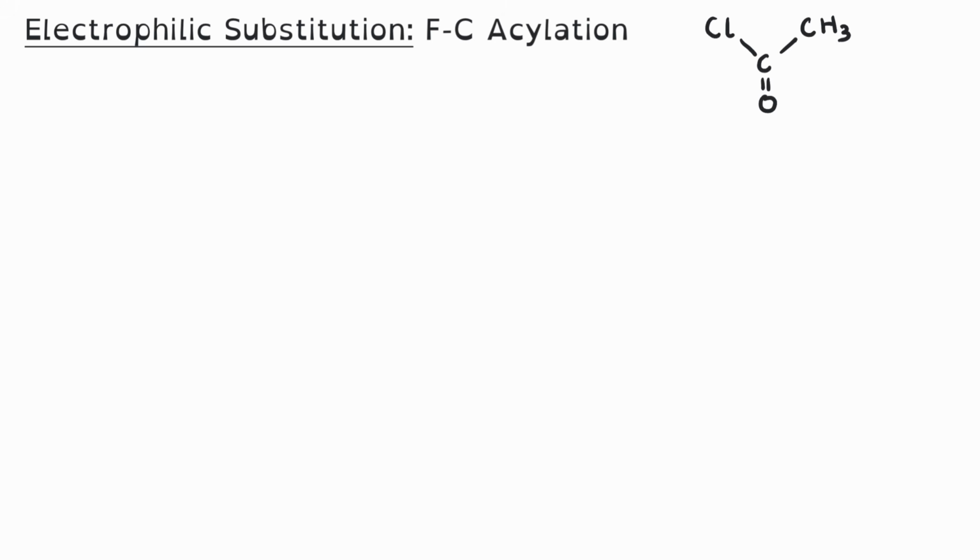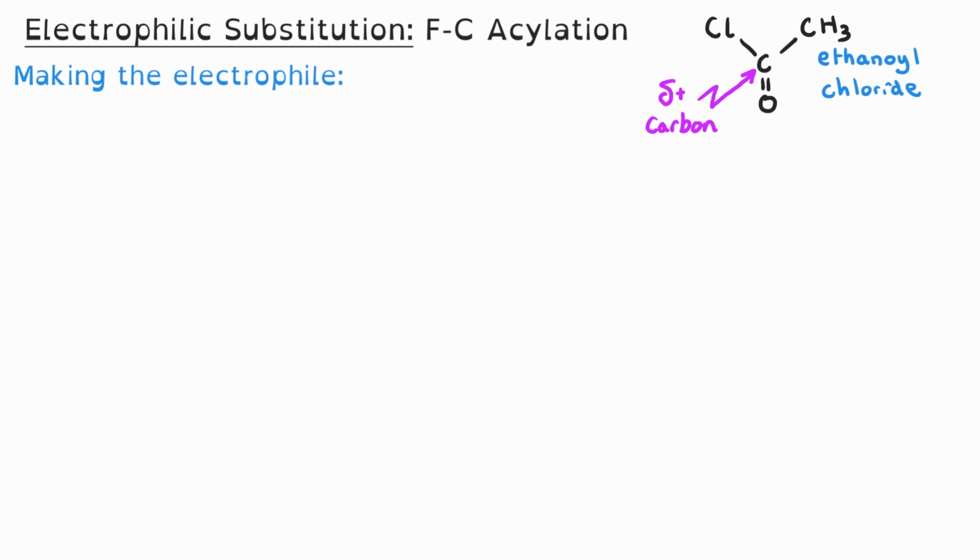During Friedel Crafts acylation, the electrophile is generated from an acyl chloride. There are obviously a huge range of acyl chlorides, but what they all have in common is they have this carbonyl group and a chlorine attached to the same carbon. And on this occasion, I'm showing a chain of 2 carbon atoms, and so this acyl chloride would actually be called ethanoyl chloride. Acyl chlorides themselves are actually weak electrophiles, but we actually convert it into something different, which is